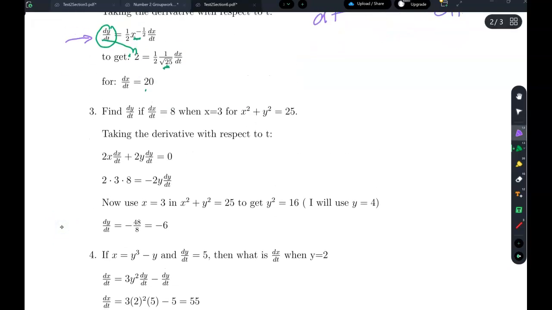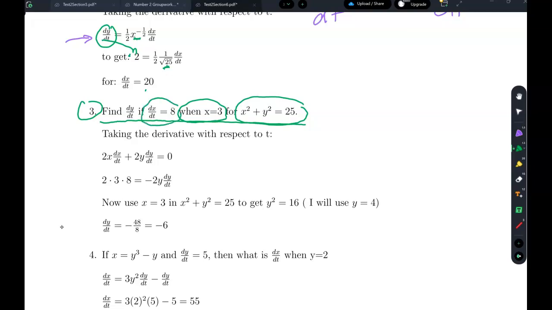So now let's go to number 3. So everything's on one line. So here's the equation, here's the when information, and here's a rate that's given to me, and I want to find the dy over dt. So if I think about taking the derivative with respect to t, both sides, derivative with respect to t, so